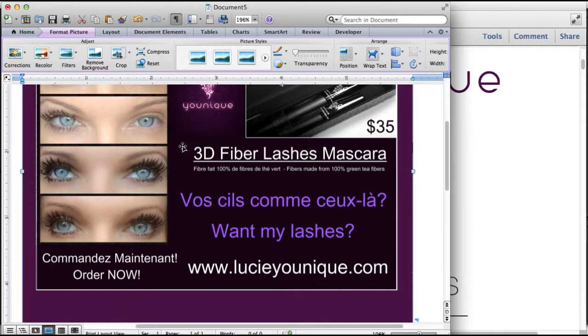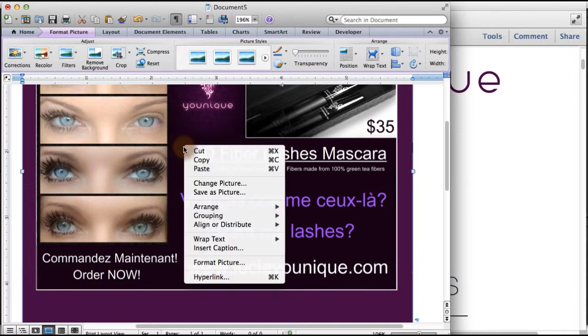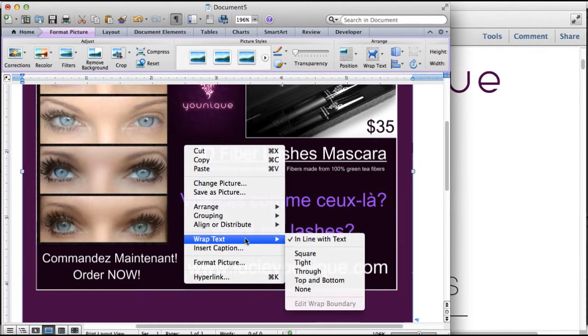Because we're putting in text boxes, it's going to be a lot more rigid in some ways, and give you a lot more freedom in others. But this is out of habit. I always right click on a graphic that I insert, go to wrap text, and turn off any sort of wrapping, because if you have wrap turned on it'll move the text in relation to the graphic. If you have it inline with text, it'll flow around it, and if you have it outside of inline with text,